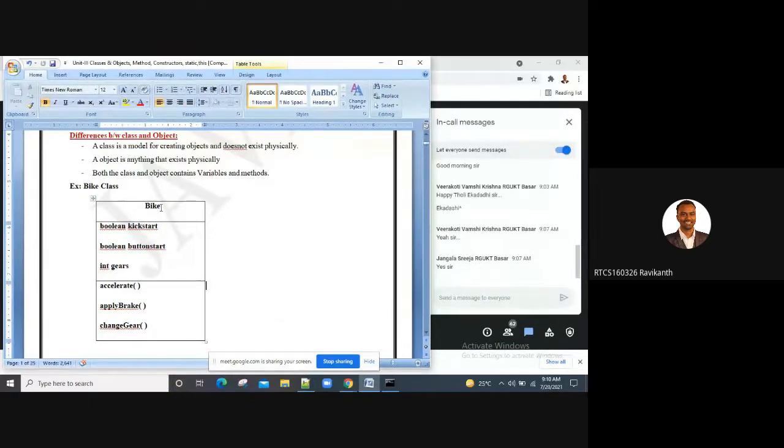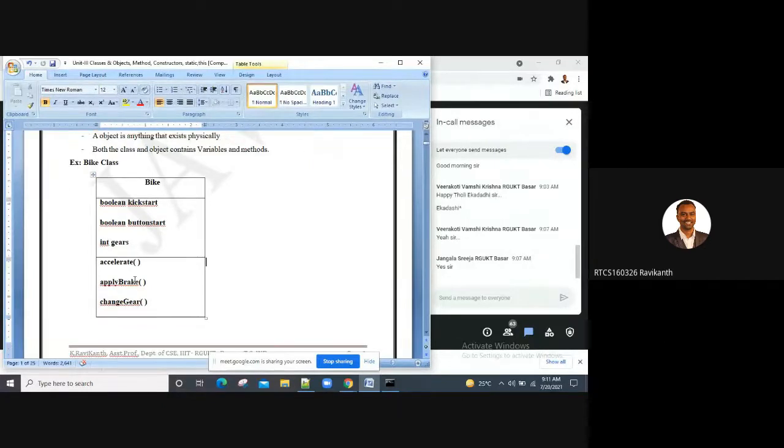If I take a class called Bike, I have variables like kickstart, boolean start, button start, and gears. Then the methods or operations on class Bike: accelerate, apply brake, change gear. If you want to slow down your vehicle, you apply the brake. If you want to increase the speed, you have to change the gear and then apply the accelerator again.